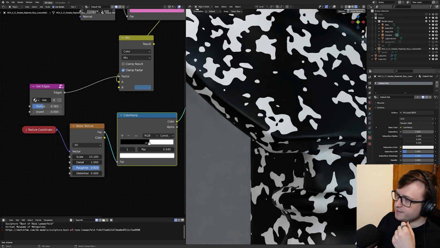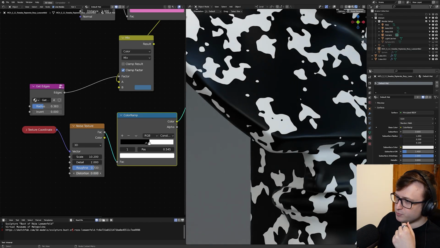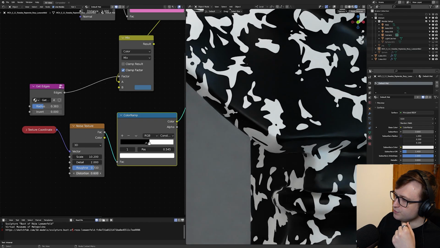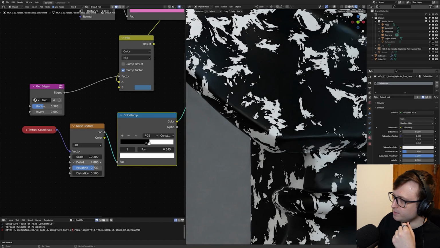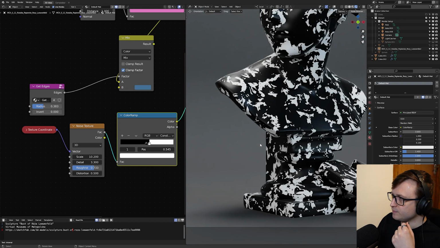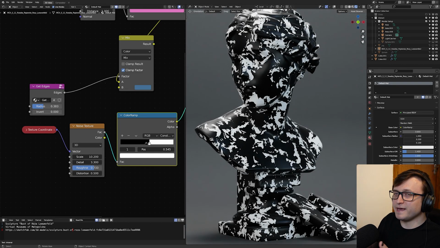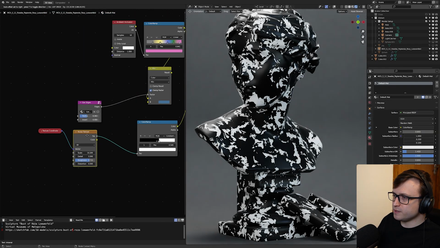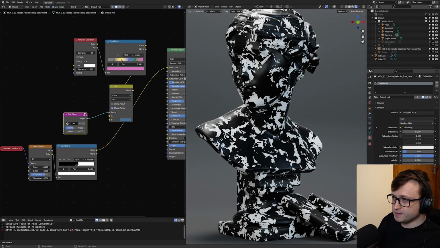And then modifying the generated noise texture parameters, we can get different results, like different levels of distortion, maybe extra detail there. We think, okay, if we're cutting out a painty effect, maybe we'll do something slightly splotchy like that with some slight distortion. Hey, look, it's kind of like a cow shader. Moo. All right,